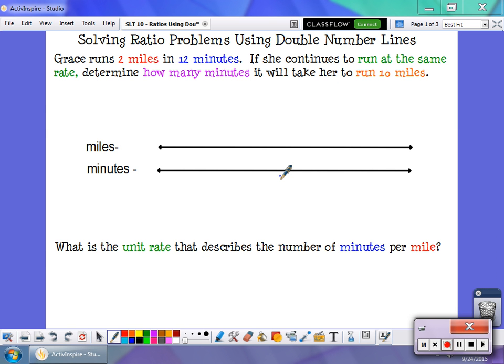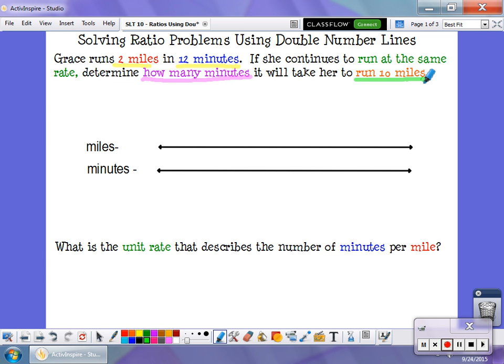You can solve ratio problems using a double number line. Grace runs 2 miles in 12 minutes. If she continues to run at the same rate, determine how many minutes it will take her to run 10 miles. When I use a double number line, what I'm doing is using a diagram that shows two number